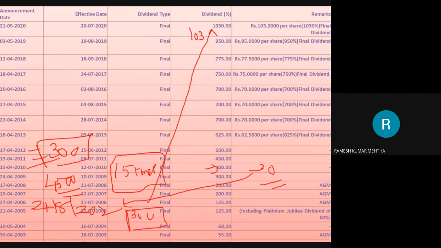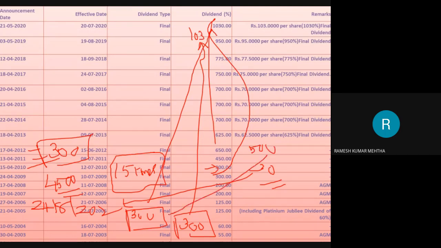Means what? Today, if I would have held this company's shares and kept it in my portfolio on 300 rupees, I am getting back 103 rupees. And over a period of time, from this, I got almost like 500 rupees. Means I got back all my investment, which I've made in the year 2010, and I am running into surplus of 200 rupees plus many more things. So this is the importance of long-term investment.